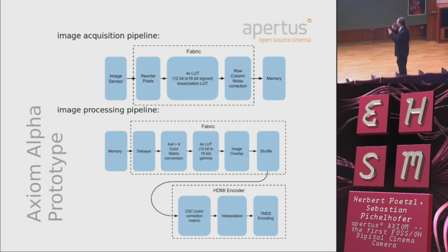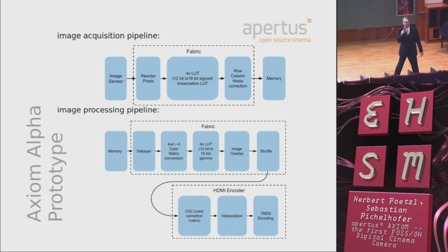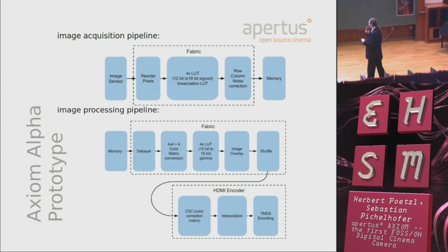Now, one of the questions which always came up is why HDMI and why only full HD output? This was basically a compromise we had to take with the development board, because we do not have enough output channels to actually output the whole data. The FPGA would be fast enough, but there are not enough pins and available connections to the outside, so we had to use the existing